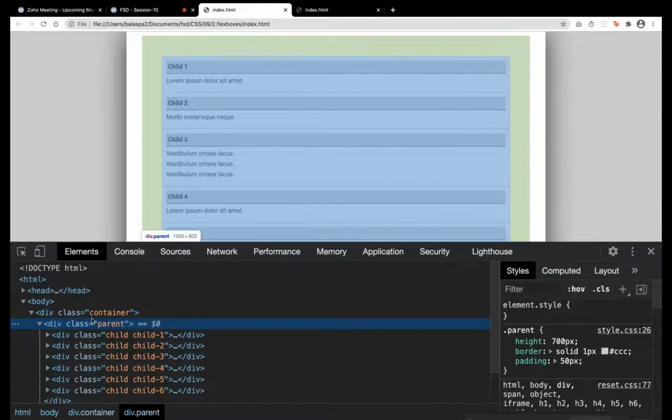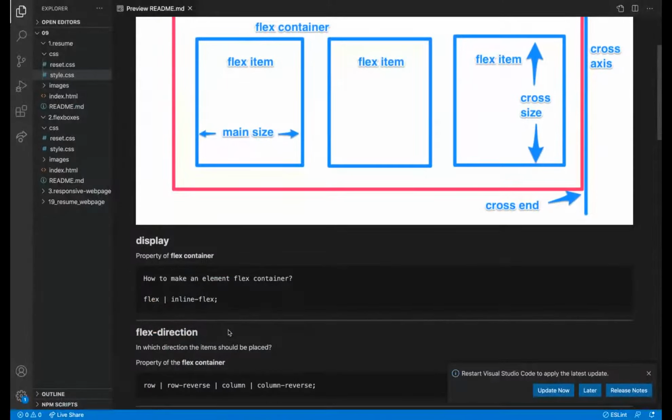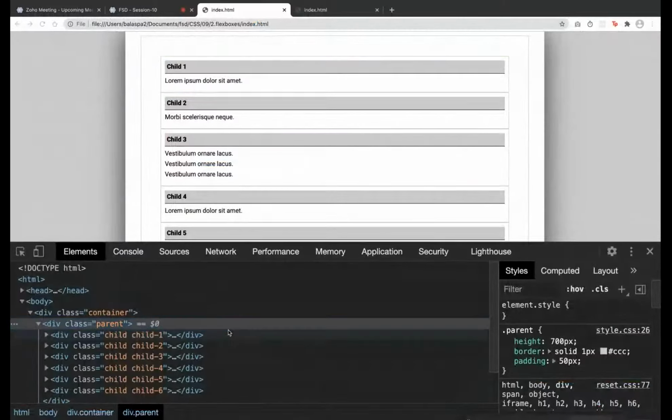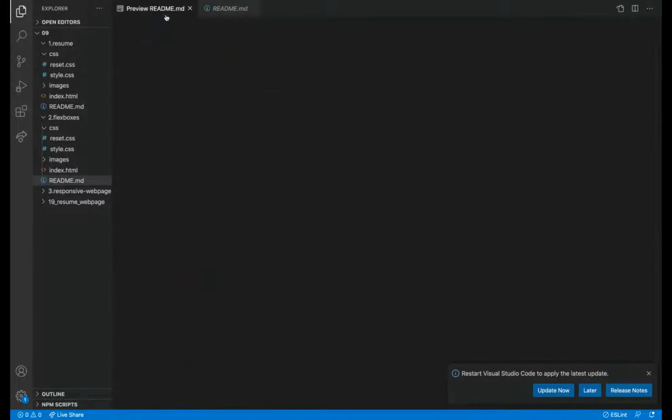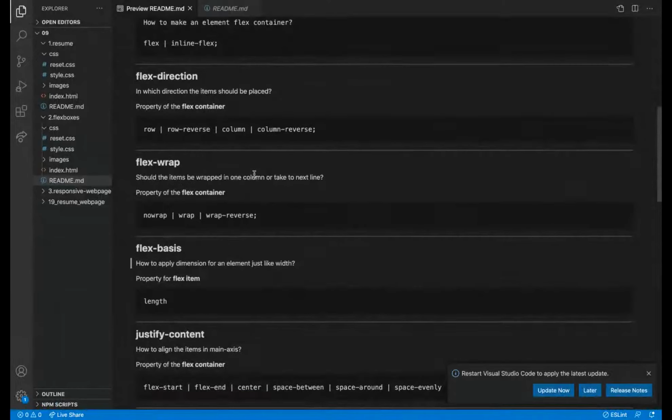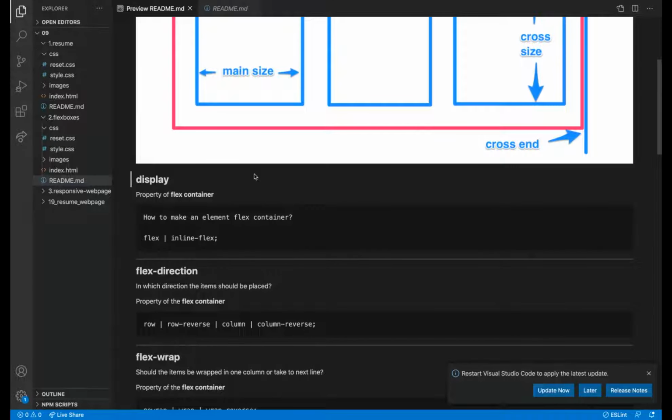Okay, first question here is how to make an element a flex container. Just flex. We need to give flex. So what flex? Display flex. Everywhere I have written, okay, next thing I'll display flex.